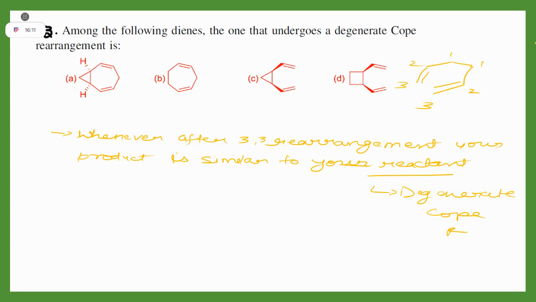Right? So basically in this question, you have to draw their rearranged product. If they are matching with their starting material, that is degenerate. If not, that is not degenerate. So this question is basically about that. So the first two questions let me solve for you, and the other two please try by yourself. So if we look at this question, one, two, three, one, two, three. Yes or no? This will go there, this will go there, and this will go here, right?